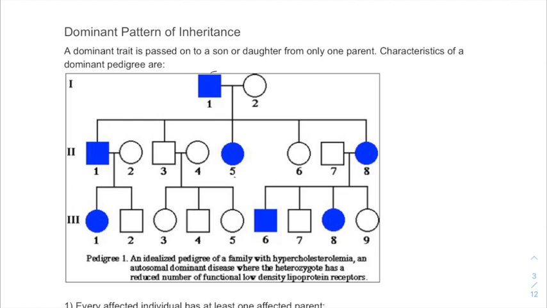So in this way, this person up here is either a homozygous or heterozygous individual. So let's call this, what is this thing called? Hypercholesterolemia. So this person is probably a heterozygote like this, and anybody who does not have the trait must be a homozygous recessive because it's a dominant trait. So here we can see that together they could have children like numbers 3 and 6 who are homozygous recessive,